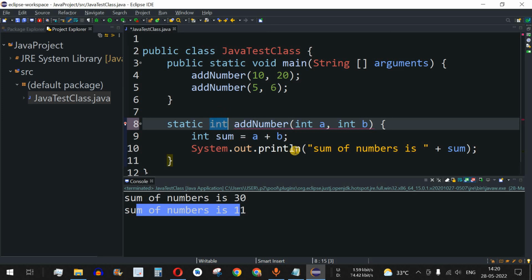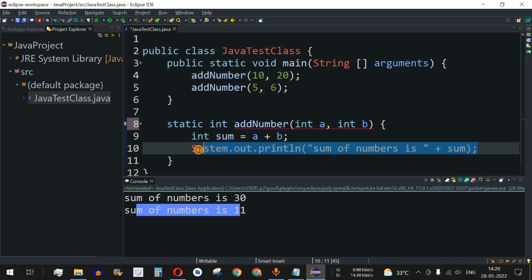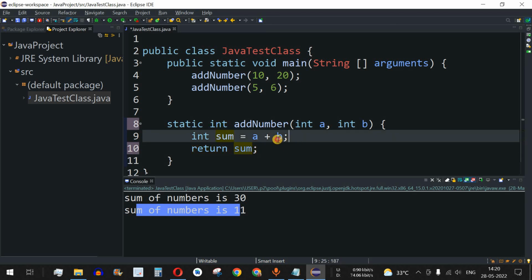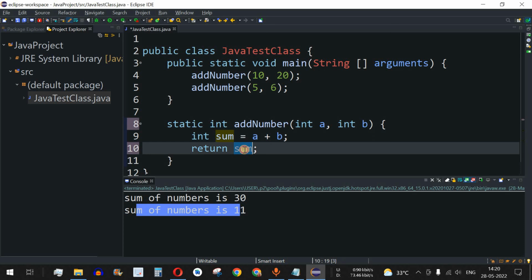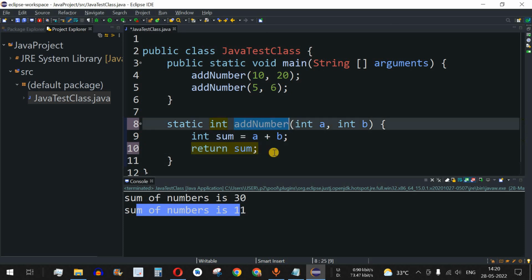So integer is the data type, and I will remove this line of code and provide the return keyword followed by the variable name, that is sum. This sum has the addition of these two numbers, and the same value I am returning using this return keyword back to the function from where this function was called.